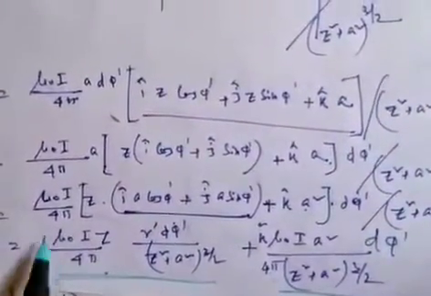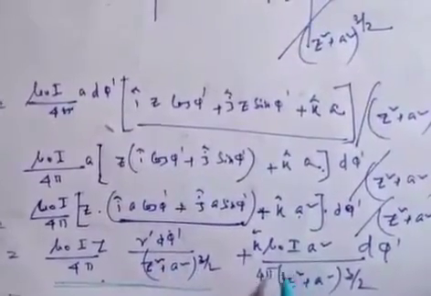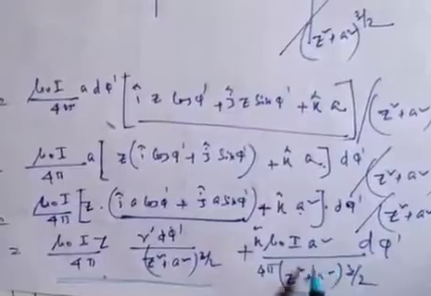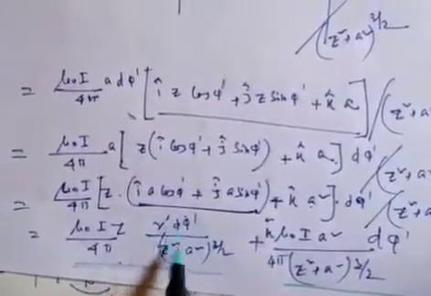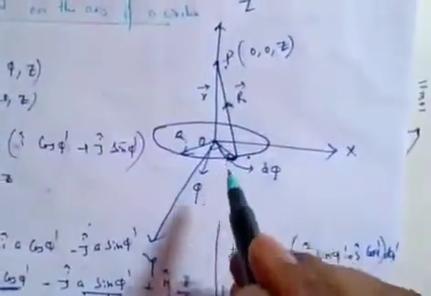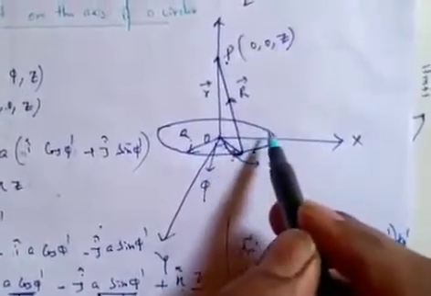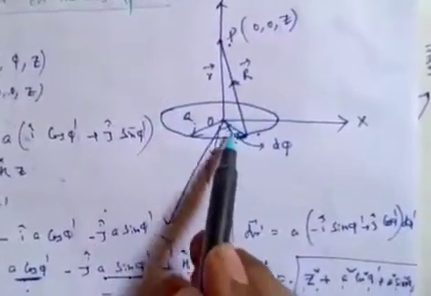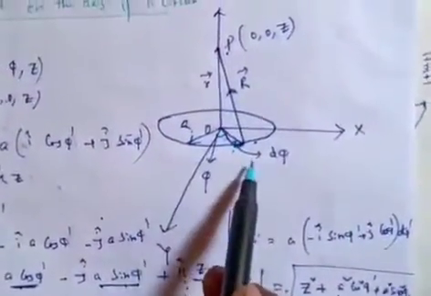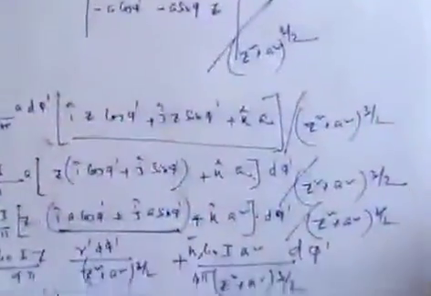The first one is mu 0 I by 4 pi times z into this portion, and second one is mu 0 I by 4 pi times into a square by this portion. The interesting thing is the r prime d phi prime, this one is nothing but this one. This is d phi, this is r prime. So each and every portion gives you another r prime d phi prime. That is, if you consider a circular loop, where it is a symmetric figure. If there is a r prime d phi prime in this direction, there is another r prime d phi prime in opposite direction. So finally we get the magnetic field.